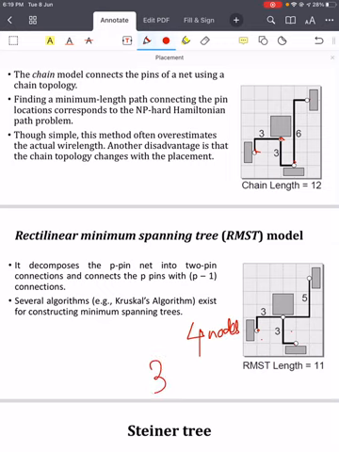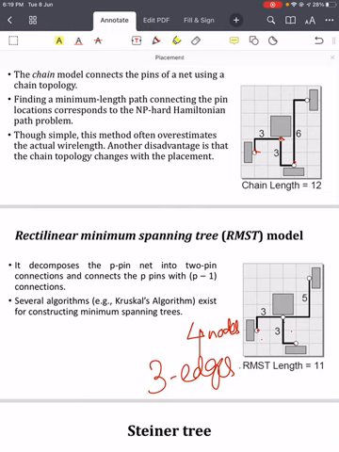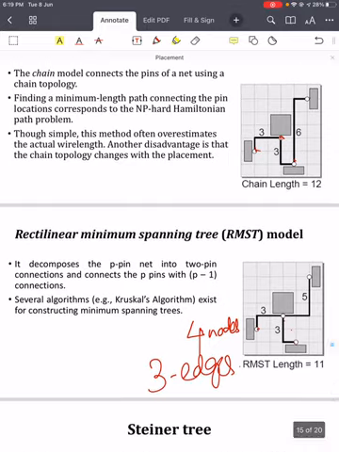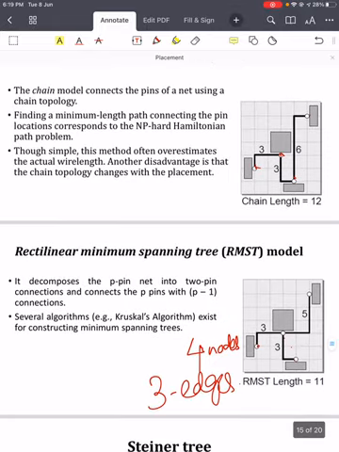So we can have 3 edges, and you can see that there could be many other options. Many spanning trees could be possible for this particular graph. So you can have a complete graph like this, you can have a complete graph model like that, right? And from this complete graph model you can have many spanning trees, right? Now out of the spanning trees you have to find out the minimum